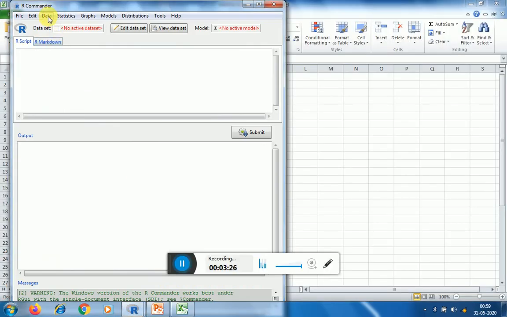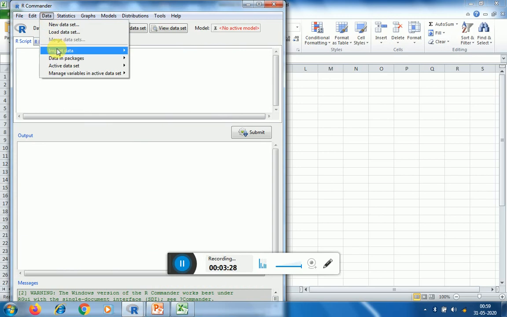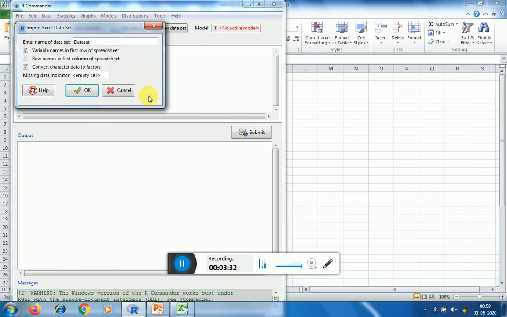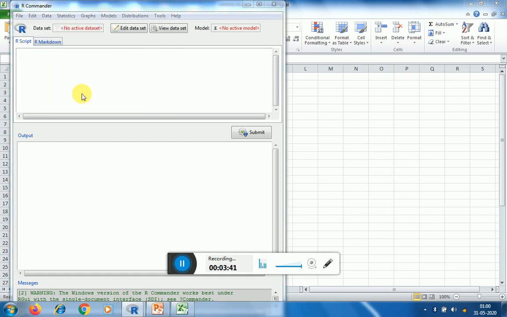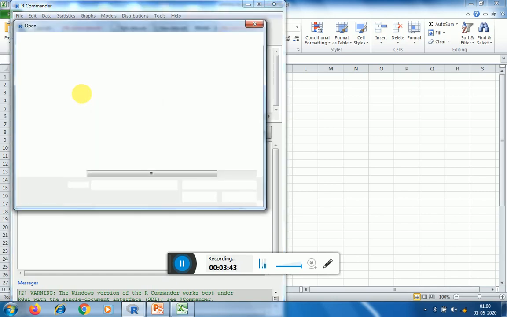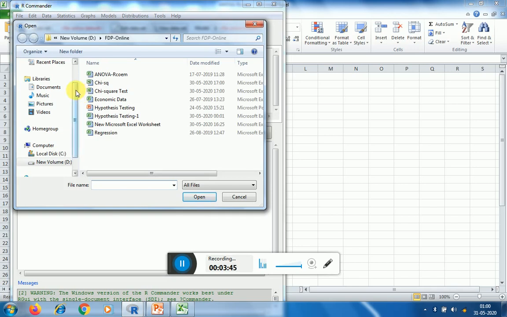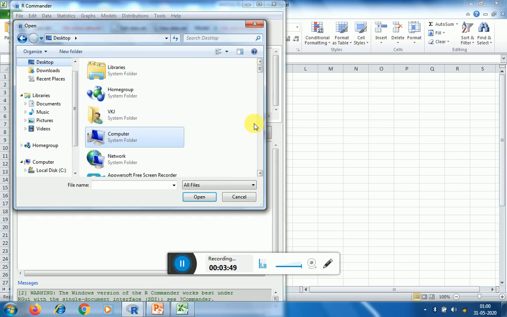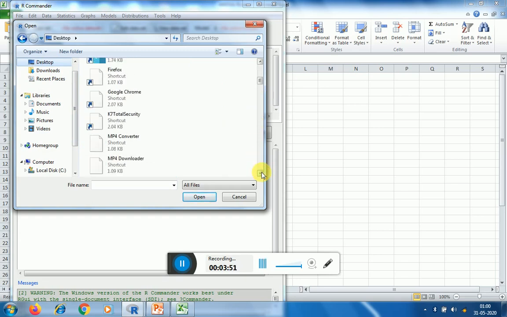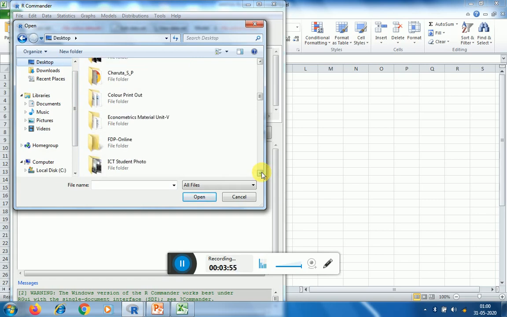So click on data, import data from Excel file. Now data set, I name this as dataset 1, then click OK. Then desktop, then I select the appropriate folder for getting the file.